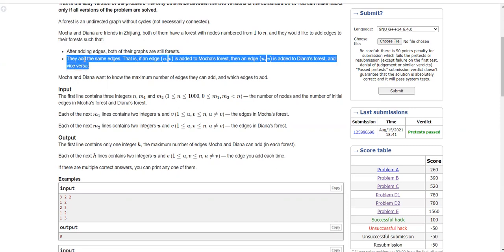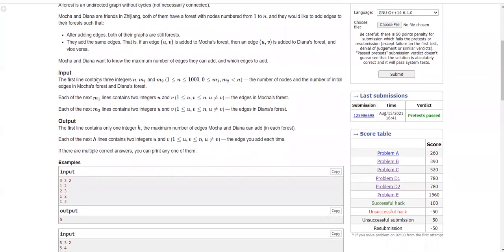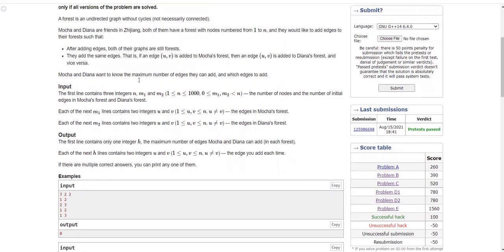Okay. Now Mocha and Diana want to know the maximum number of edges they can add and which edges to add. So basically you have to figure out which edges you are going to add in Mocha's and Diana's forest. Now, basically, there are a few edges which are already present.